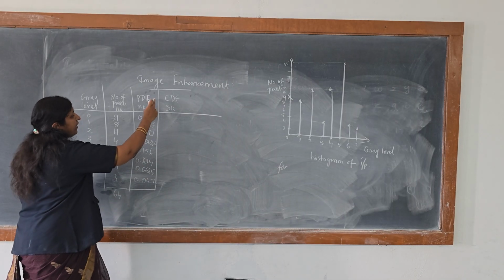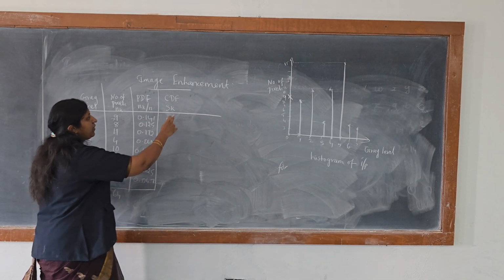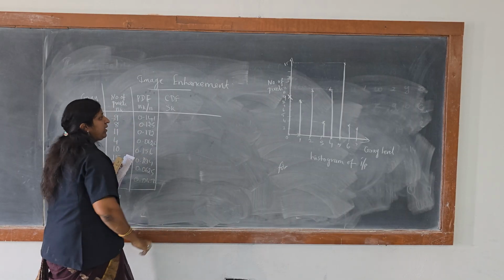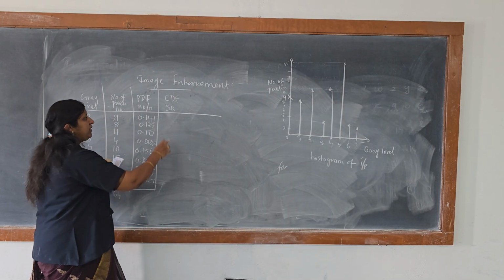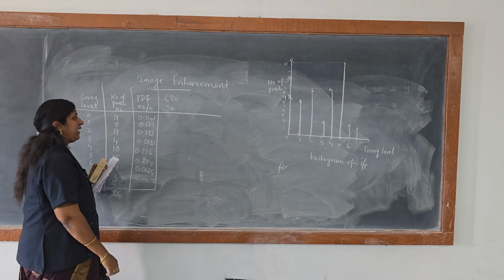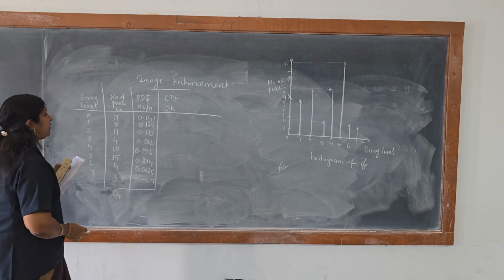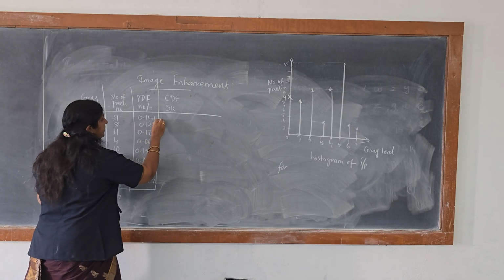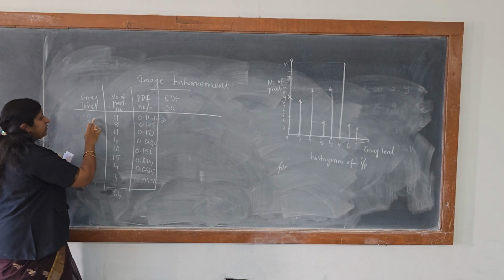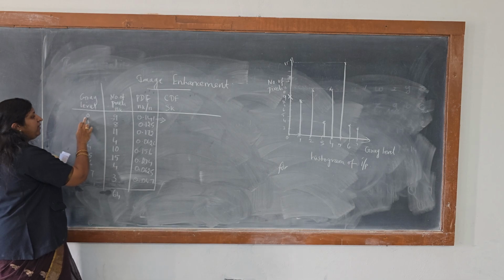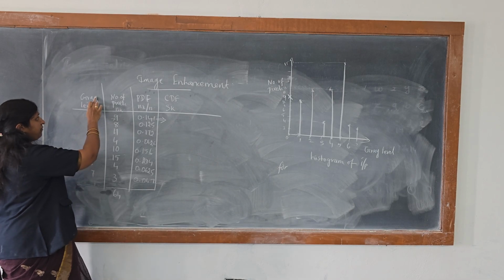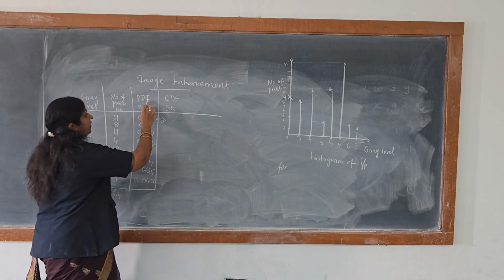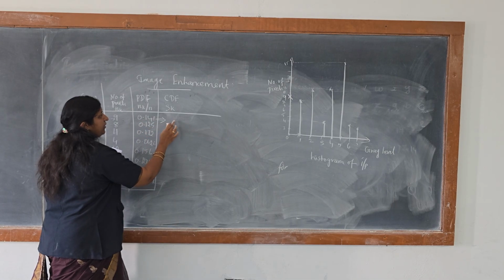First we calculate the probability density function, then we calculate the cumulative density function, represented as S of k. First, we write the same value here. For the first pixel value, we take the same value as the cumulative value, that is